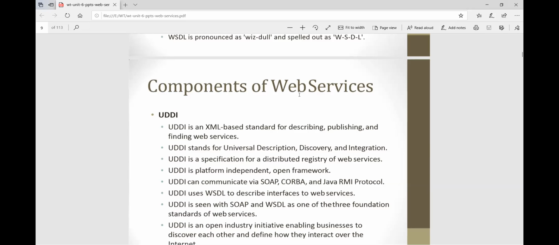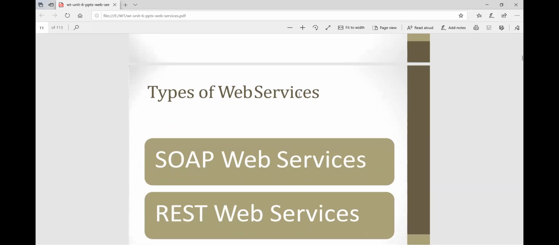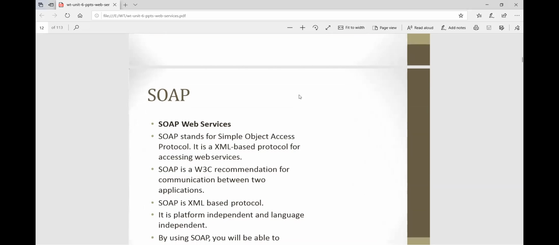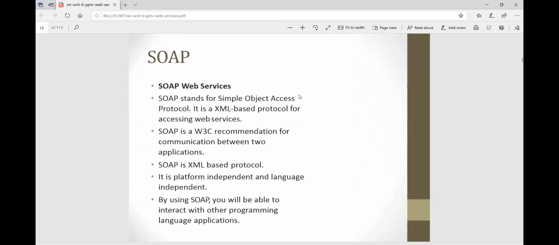Next are the types of web services. The first is SOAP web services, and the second is REST web services. SOAP is the Simple Object Access Protocol, an XML-based protocol for accessing web services, as we learned in the previous slide.